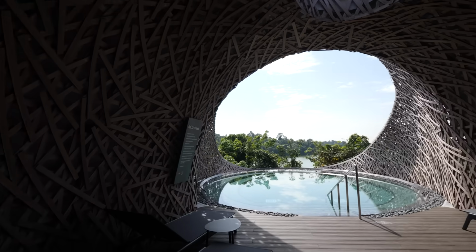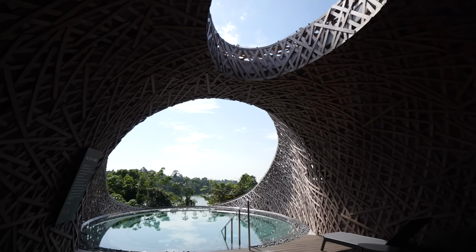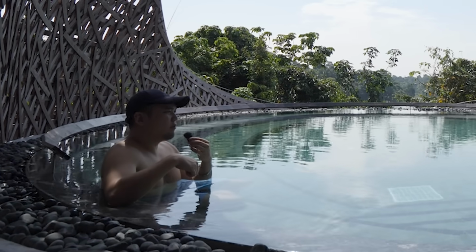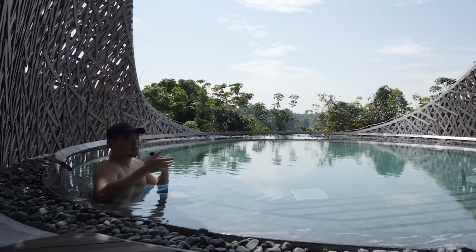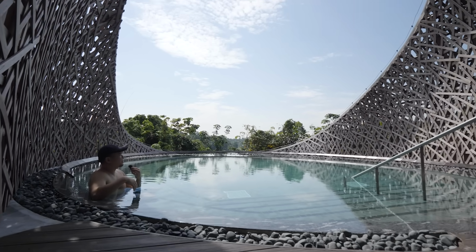Whoa. So this is the private pool only available to the Mandai Treehouse guests. I love the design and how it's overlooking the reservoir. And again, I think I've outgrown pools. You know, I'm quite mature. If I'm a cheese, I think I'll be the green slimy cheese, you know, the very mature one. It's for kids, you know, I'm too...